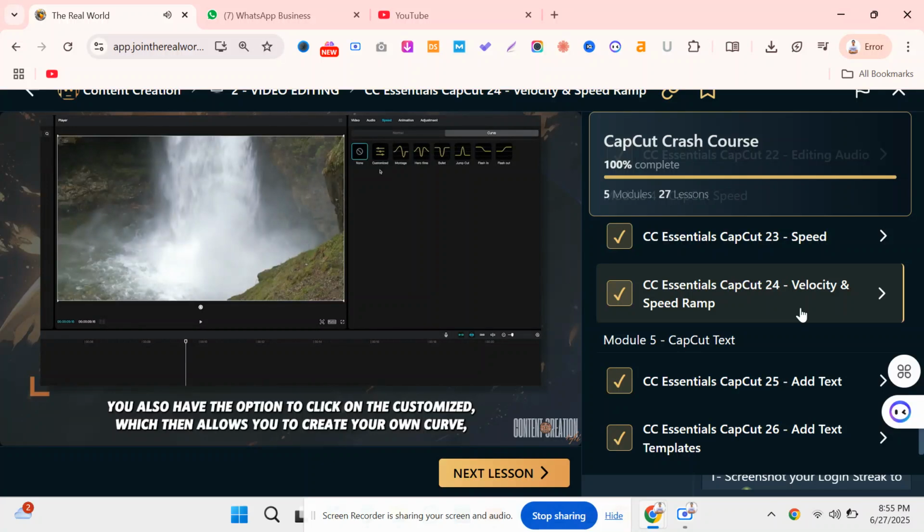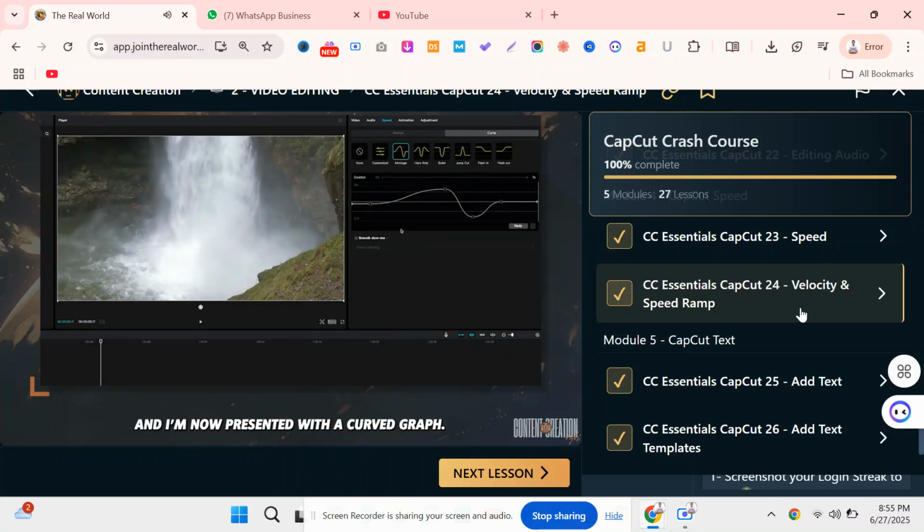You also have the option to click on the customize, which then allows you to create your own curve. But for the sake of this particular lesson, I'm going to go ahead and click on montage, and I'm now presented with a curve graph. I must say, I genuinely like this functionality. I wish this was in more advanced or paid subscription-based editing software, but nevertheless, the montage has now automatically been